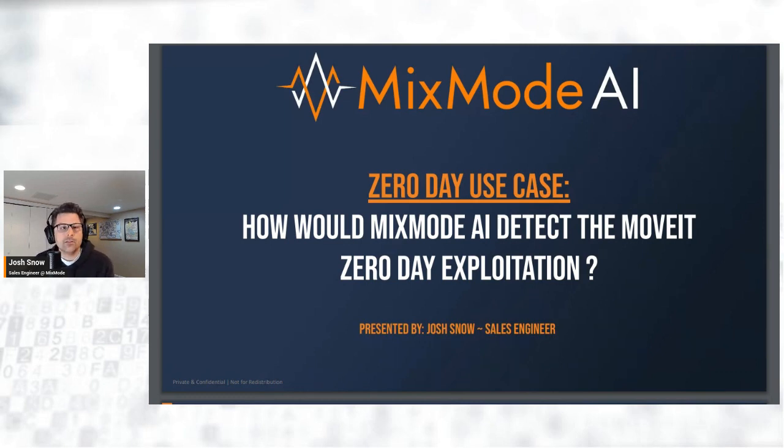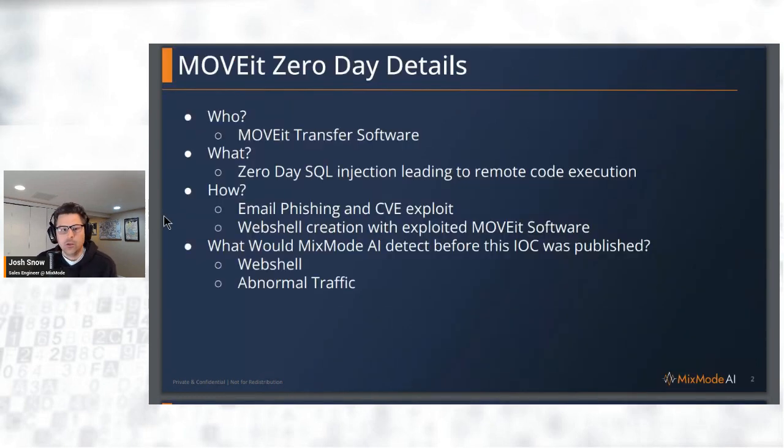All right, so first and foremost, who is it? It's the MOVEit Transfer software, so file transfer software. There's a zero-day SQL injection that potentially led to remote code execution. How did they get in? How was it exploited? Email phishing and the CVE exploit for initial access is what's been reported by Mandiant. Then they create a web shell that exploited the existing MOVEit software, and they use that SQL injection to start to build that web shell and then create a connection with clients to be able to interact and